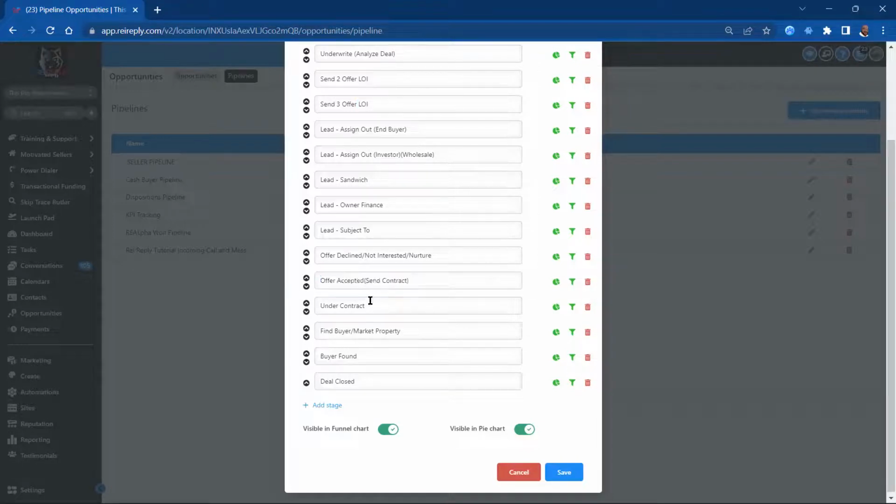And then we'll send out the contract. Once they sign the contract, it's under contract. And then, boom, these actually should be the same one, under contract and find a buyer. Like I said, this one is outdated. This was in my beta testing. Anyway,